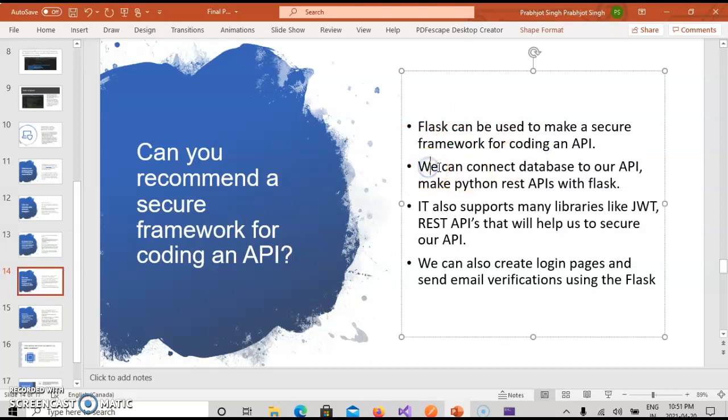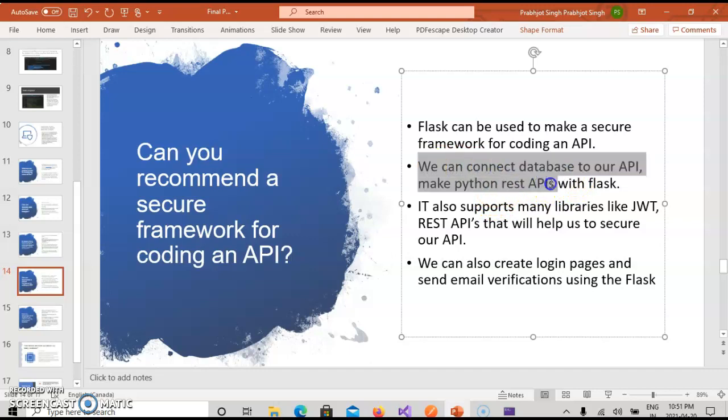We can connect this Flask to our database using Django. What Django does is it connects our Python code to the database so that we can fetch the data as well as dump the data after cleaning it in the database.